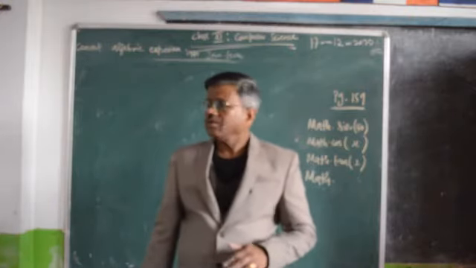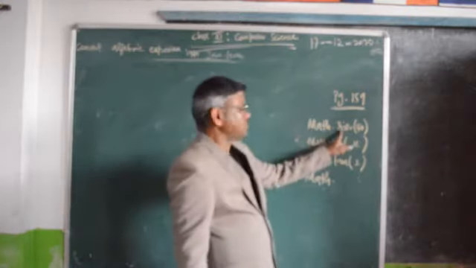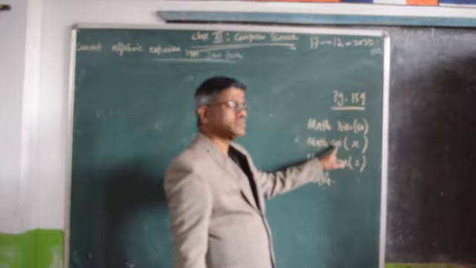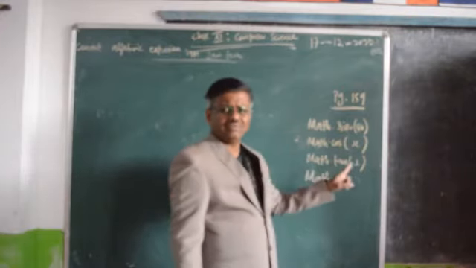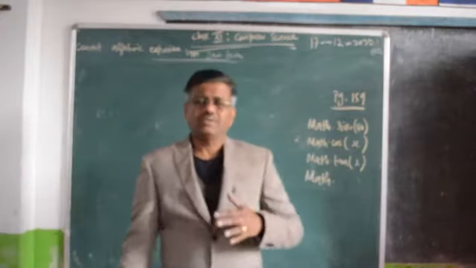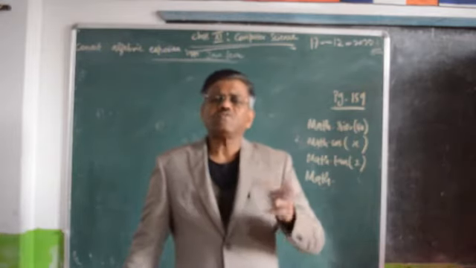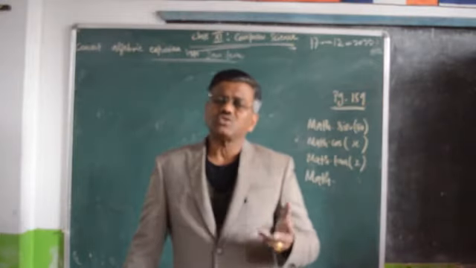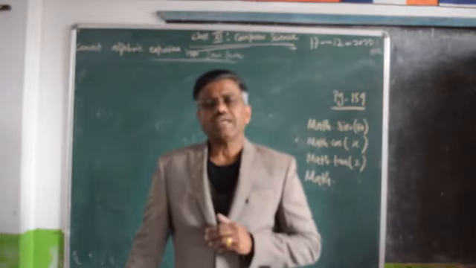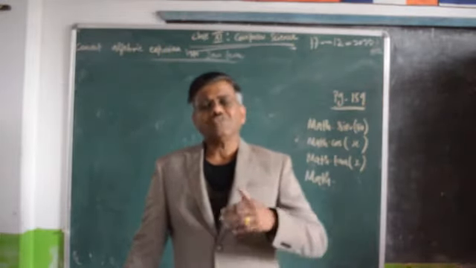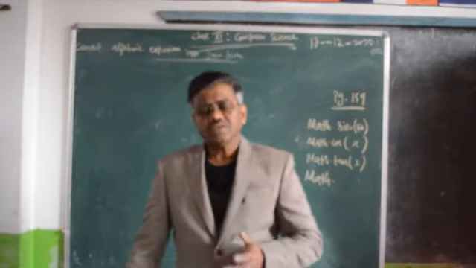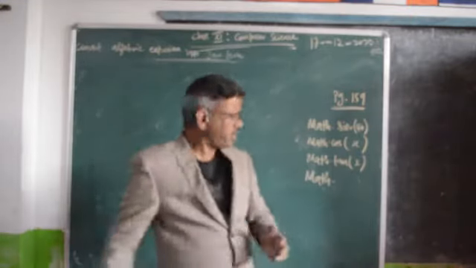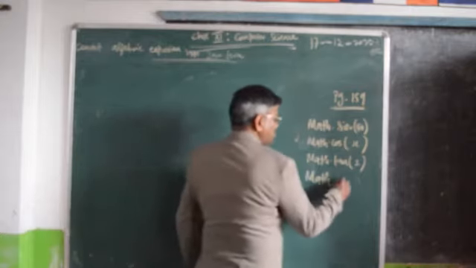Okay, asin means sine inverse. acos means cos inverse. atan means tan inverse. I will tell you what you mean by inverse. Opposite of sine is called sine inverse. Opposite of cos is called cos inverse. Opposite of tan is called tan inverse. That we shall all see in the future course of time. Okay. Now math dot,